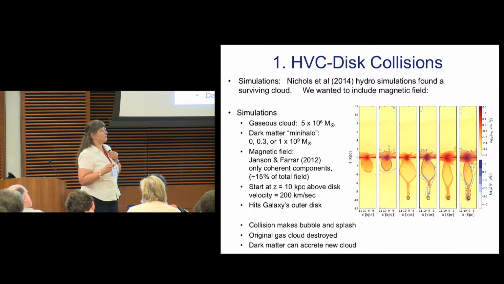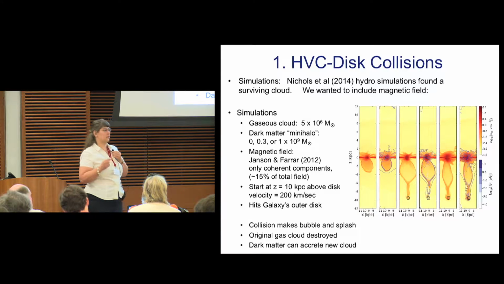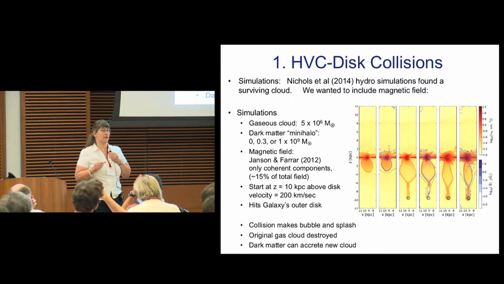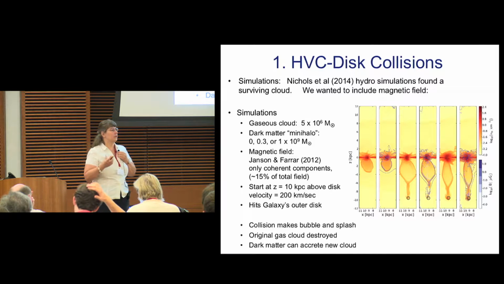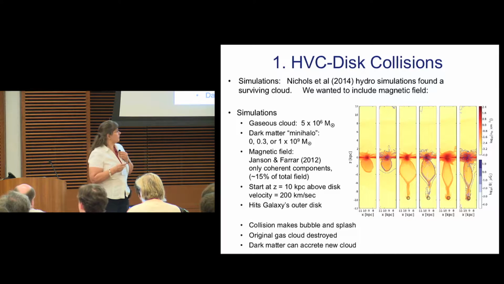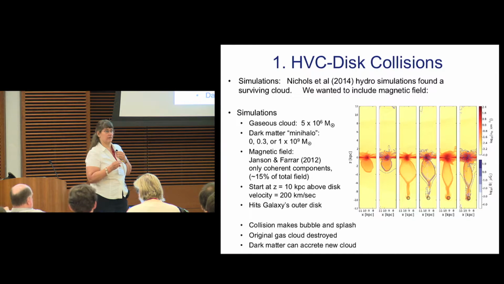What of the dark matter? What of the cloud? What has happened with the dark matter is that as the dark matter came through, it grabbed material from the bubble. It did not actually shepherd the cloud through. The cloud was destroyed. But there was a lot of material moving down in this bubble. The dark matter merely gravitationally grabbed that material. So the cloud that it's got down here is at least 50% disk material.